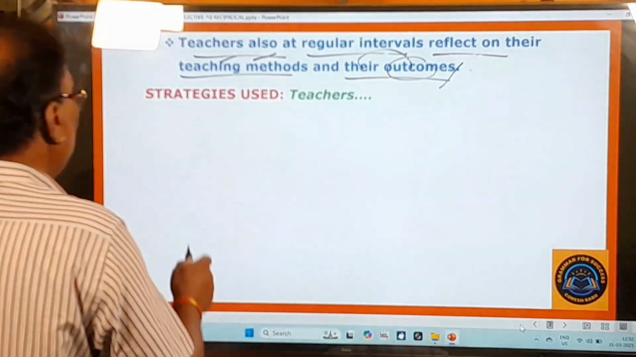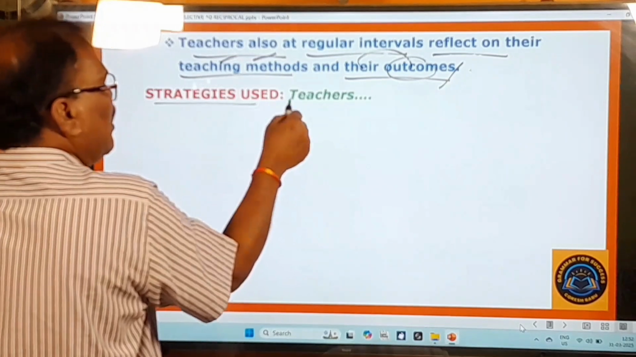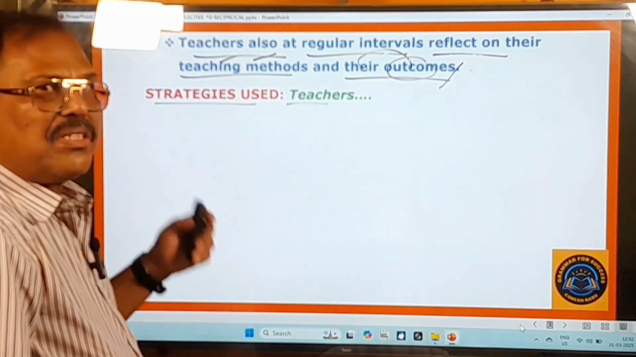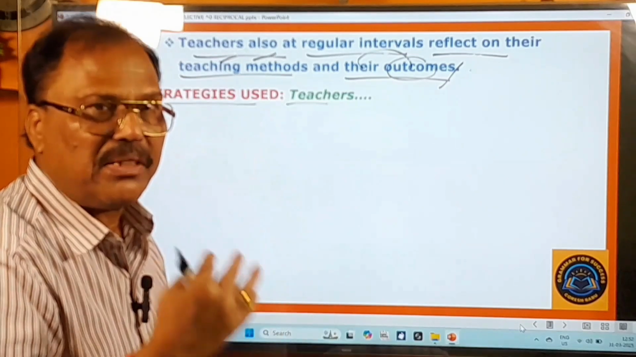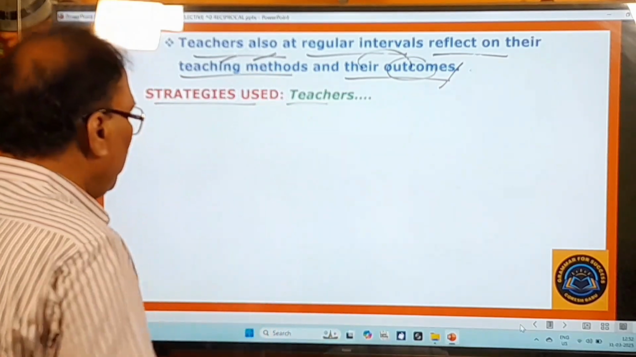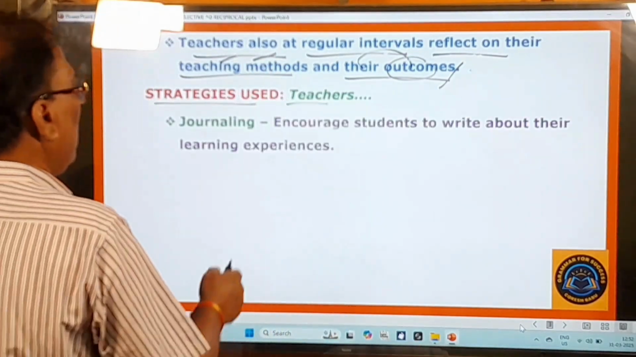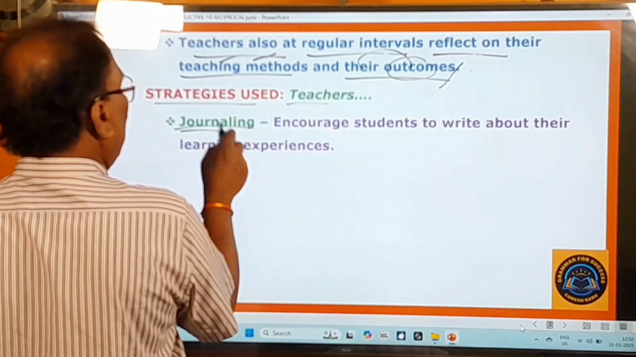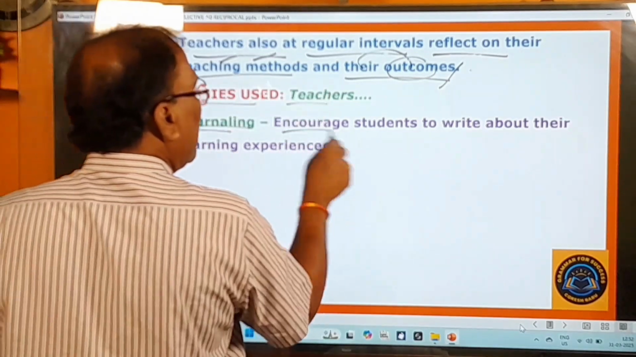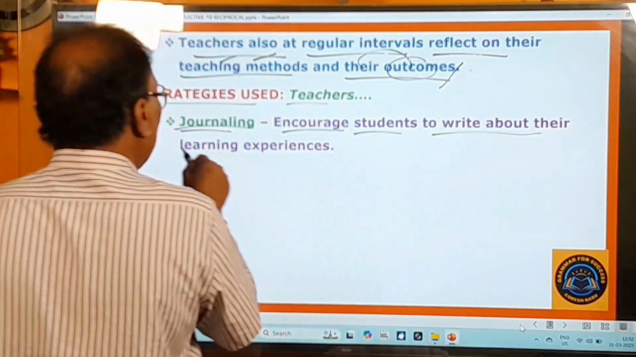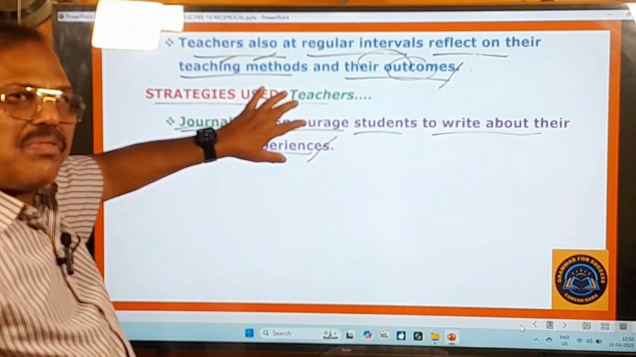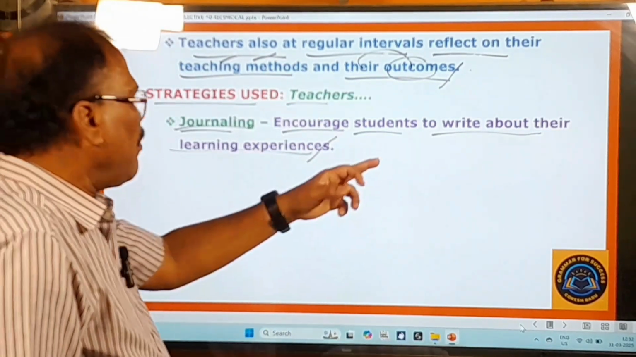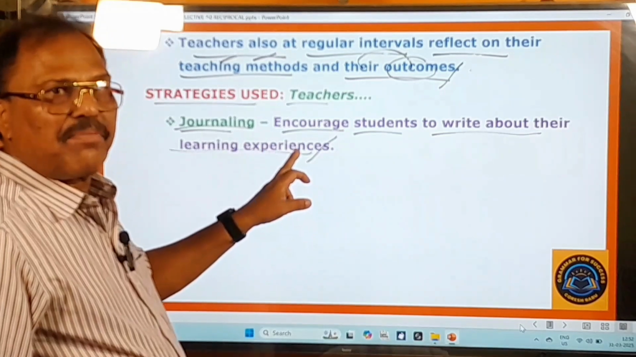And here you pay attention: strategies used by the teachers. In this reflective teaching, what are the strategies followed by the teachers? They are clearly mentioned here. Here, see, teachers' journaling is there. Journaling means what? The teachers encourage students to write about their learning experiences. In this reflective teaching, the teachers will encourage the students to write about their learning experiences, what they are learning